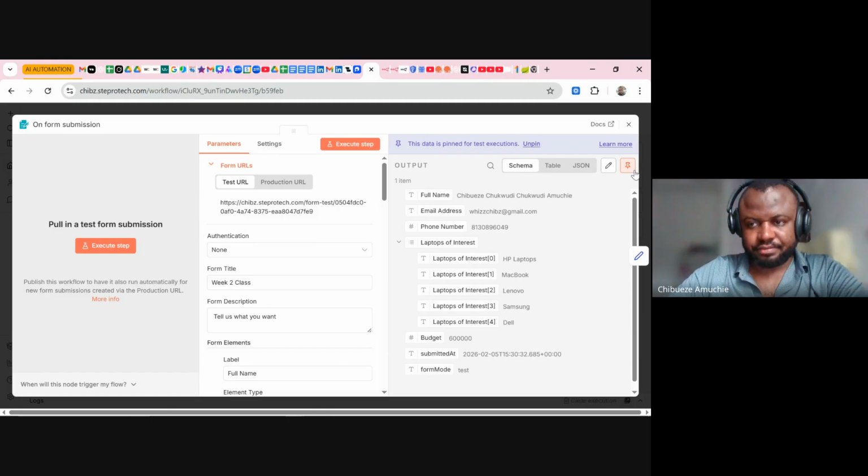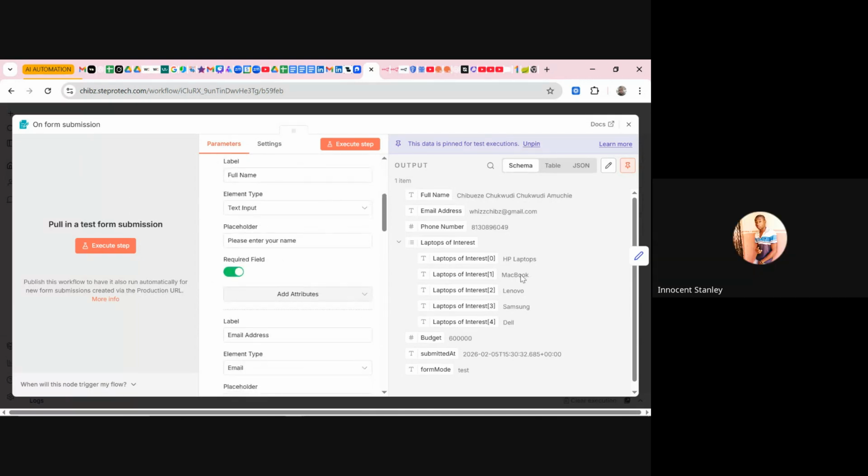Now, look at here. You can see this pinned data is here. To pin data, then you can see this pen. This is pin and this is pen. Instead of me to go and fill this form,